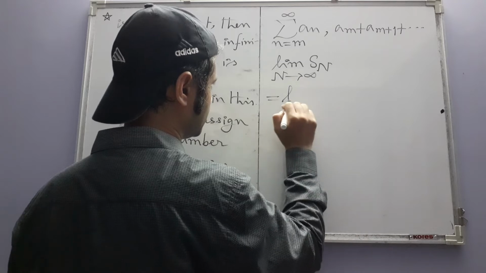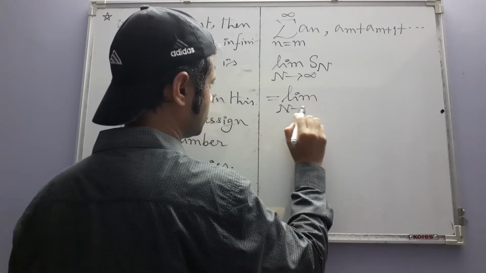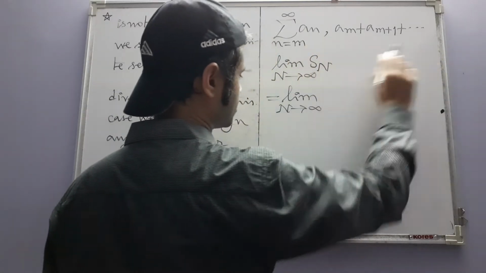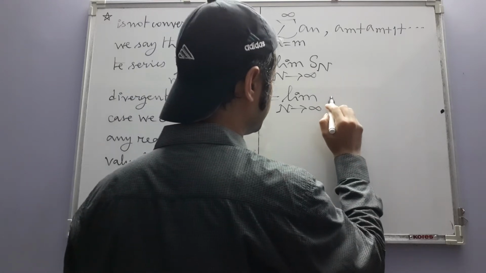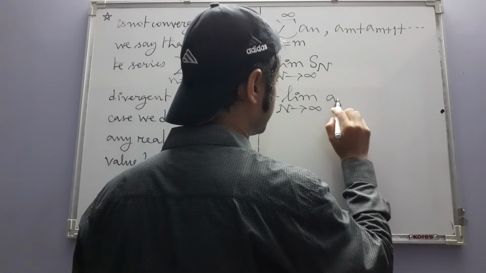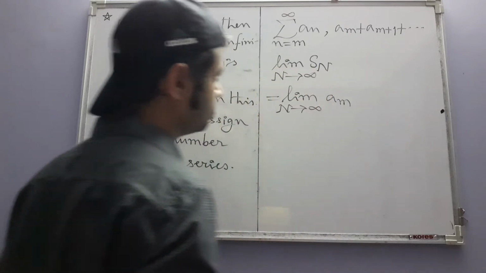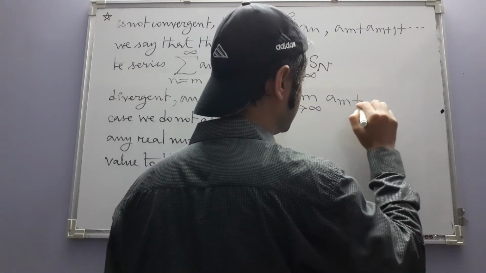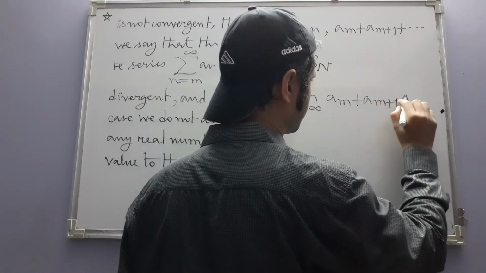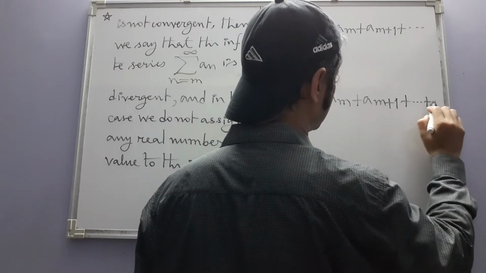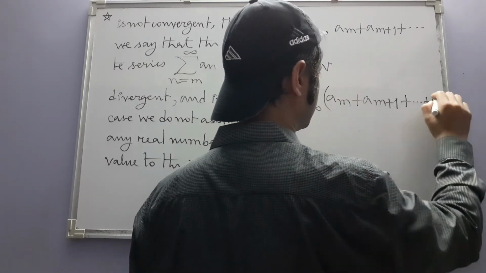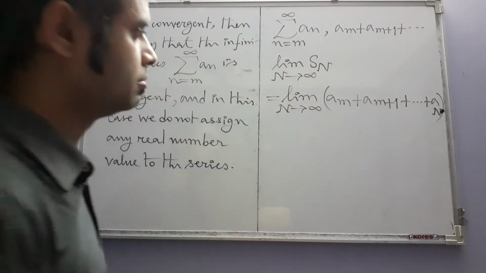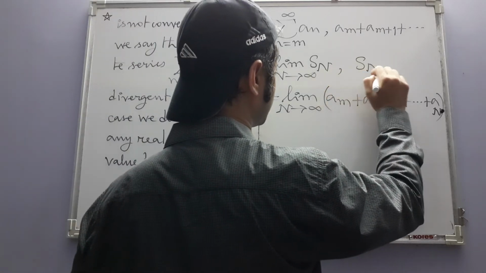Where what is S_n? S_n is, if we write like this, which is easier to understand, then S_n is simply this: a_m, in fact, in this general setup also it won't be very difficult to understand, a_{m+1}, plus like this, a_n. Now your n is itself starting from m, right? Because your sequence of partial sums